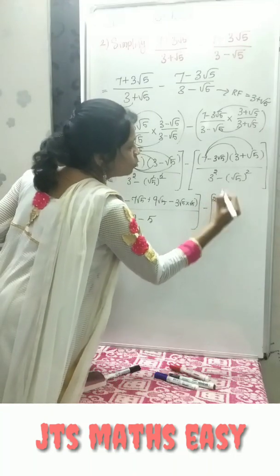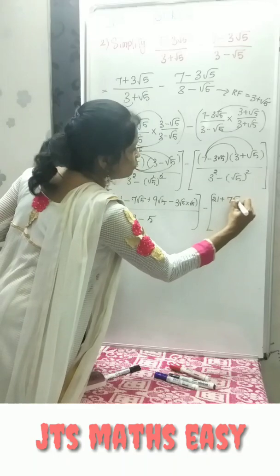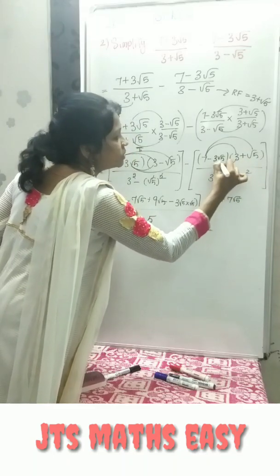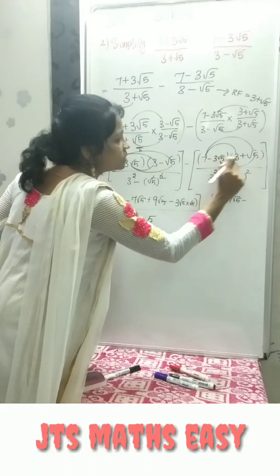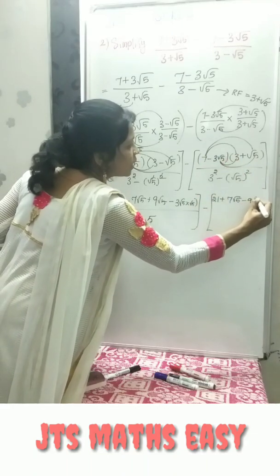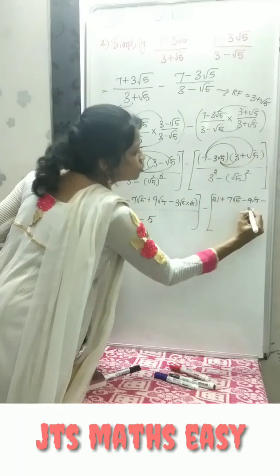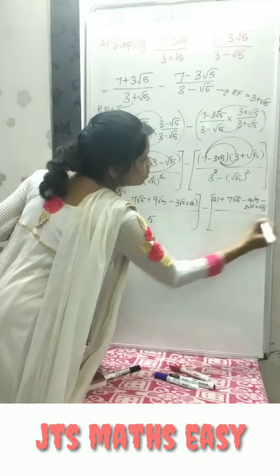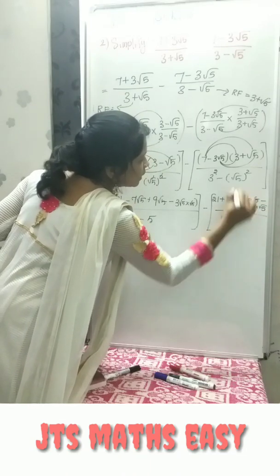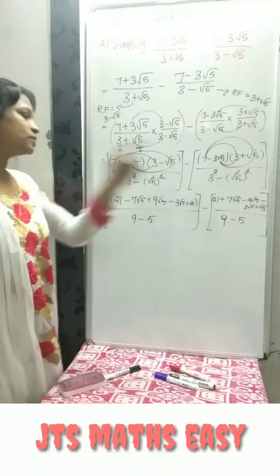7 3s are 21 and here also plus, so it is 7 root 5. And now the second number with the first, and the second number with the second. Minus, plus into minus is minus. 3 3s are 9 root 5 and plus into minus is minus 3 root 5 into root 5. The whole thing is divided by 9 minus 5, since the square and root get cancelled. It is 5. Okay, so this is your second term.